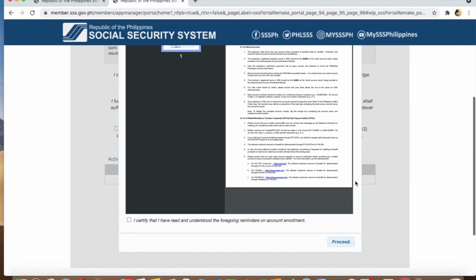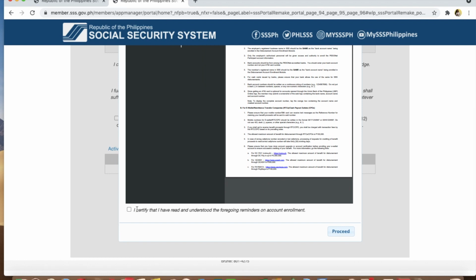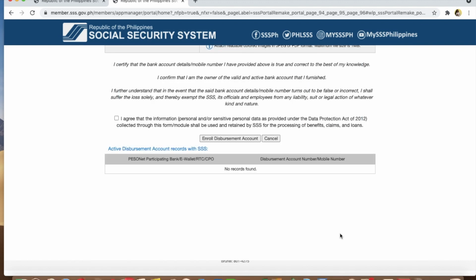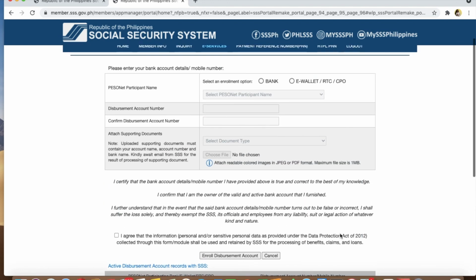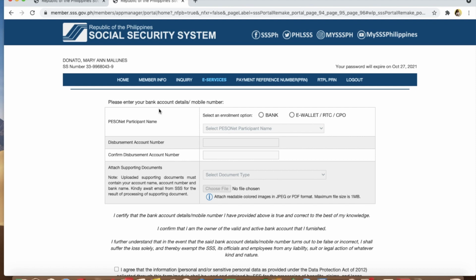This is the reminder in applying the salary loan. So just click the I certify, then click proceed. And then if you can see here, you need to enter your bank account details and your mobile number. So PesoNet participant name, I will select bank because I don't have e-wallet, RTC, or CPO. So I'll choose a bank and then select bank, put the bank account number, then confirm bank account number, and